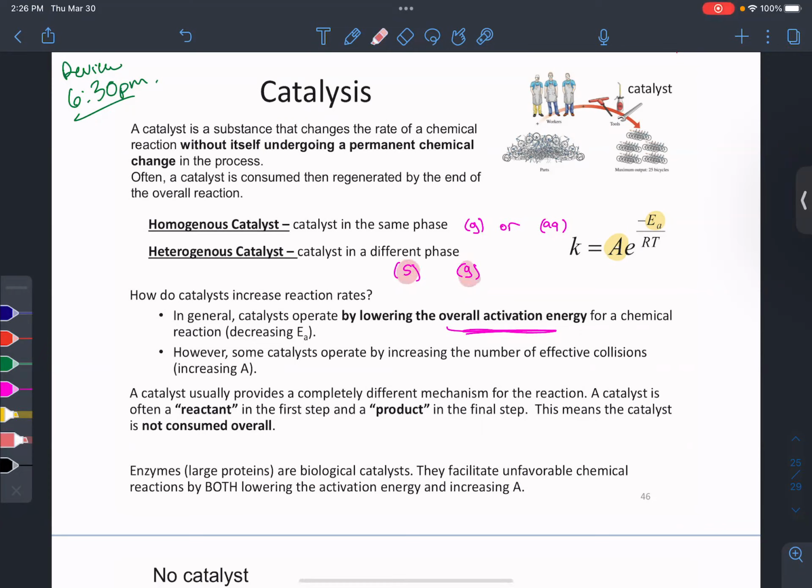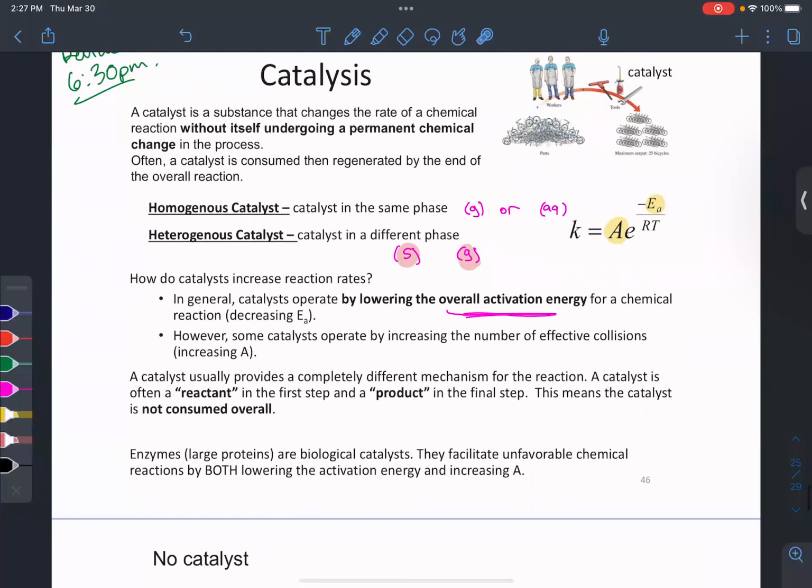So a heterogeneous catalyst would be like dropping a solid into something that's all gas phase. So basically the catalysis is happening on the surface of that solid, or you could put a solid into an aqueous solution. Those aqueous dissolved bits, again, all that reaction happens on the surface of the catalyst. So in general, catalysts speed up reactions because they're lowering the activation energy of your specific reaction. There's a new pathway, actually a new mechanism, that it's taking to get to the products.